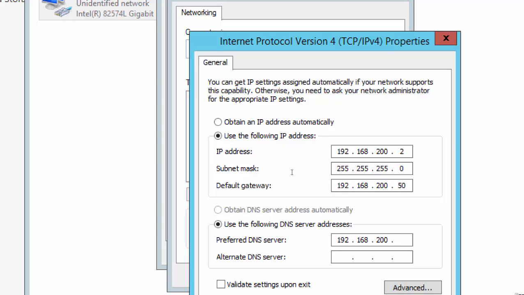Why 1? Why not 2? When we gave the IP address on the first machine, we gave preferred DNS 1 because the IP address was 1 also. So here we're going to give 2 because the IP address is 2 there? No. So what's the reason again? We're going to give 1 here, not 2, because